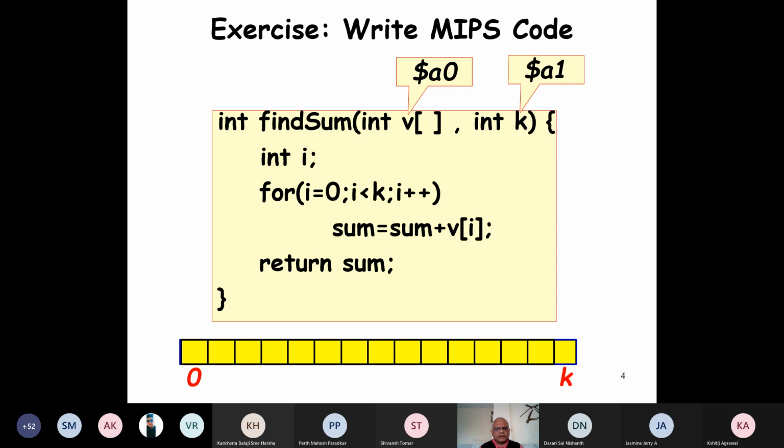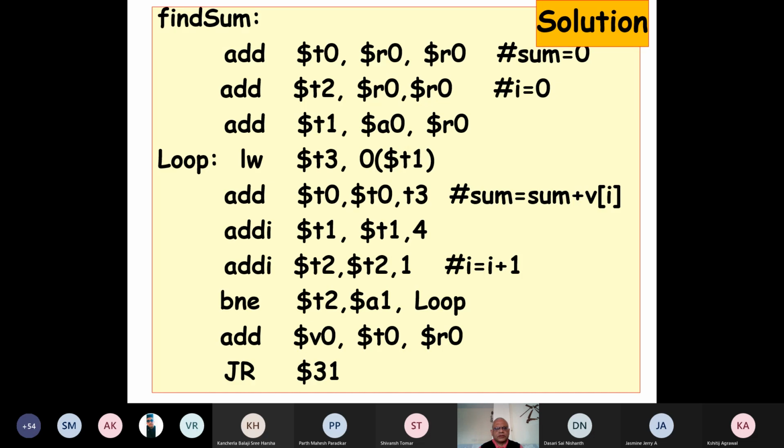Okay, good. Anybody has any other difficulty here? Okay, let's proceed to write the code for this. As usual, we make find sum as the label and then write the rest of the code. And the first thing is we make T0 register 0 by writing R0 T0. So initially the sum is 0.